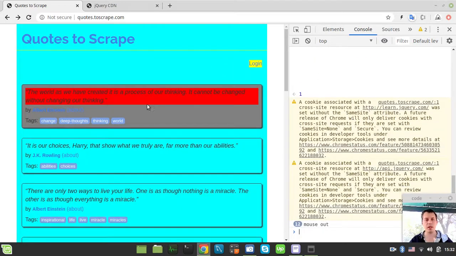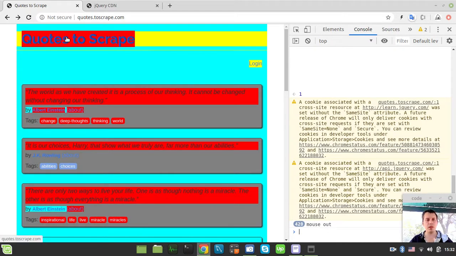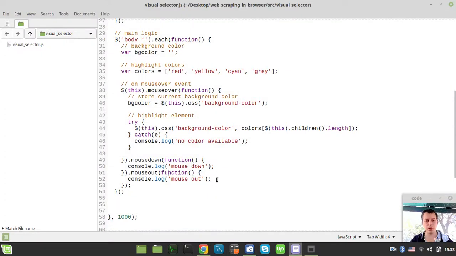Okay, now no errors, and now we see our highlighting is available, but we didn't yet restore our colors, but still we got this red that represents the element with no children. Then yellow has one or two children. So the darker the color becomes, the more children it has, basically. So yeah, now let's try to restore again,